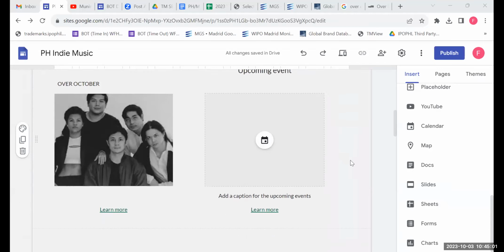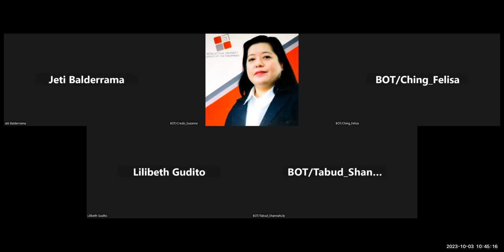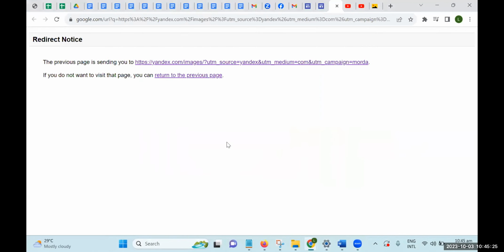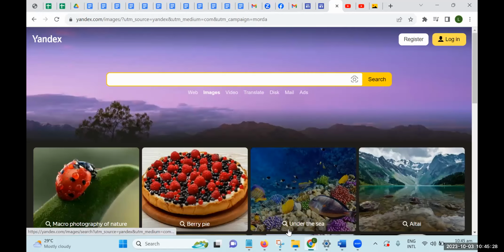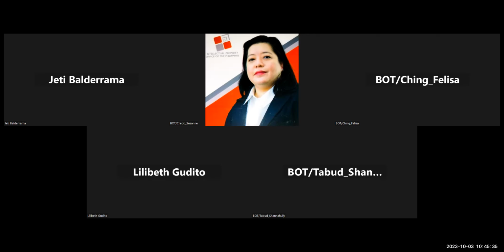Yes, and your link. Yes, that is working. That's a working link. And last, let's see your linked image. Okay. Yes, that's working. Okay. Let's go to the next